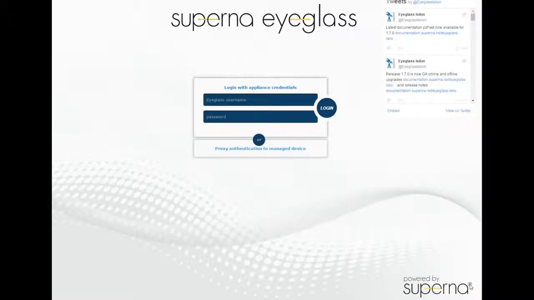Immediately after install, you're able to add your first Isilon cluster with a few easy clicks. You'll already notice prior to logging in that Superna Eyeglass has established a connection with our updates feed and is displaying informational messages. Log into the appliance,